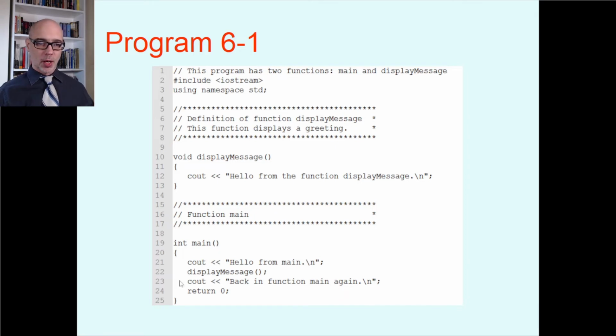So when this program runs, a C++ program always starts in main. So the very first line that's going to run is line 21. Always starts in main. So it'll do this, and then it will go to line 22, display message. Line 22, that function call, is going to send us up into the display message function, specifically running line 12. And then once line 12 is run, the function is over, and you go back to where you called it, which is back to line 22, and then you'll do line 23, and then you'll return from the main function